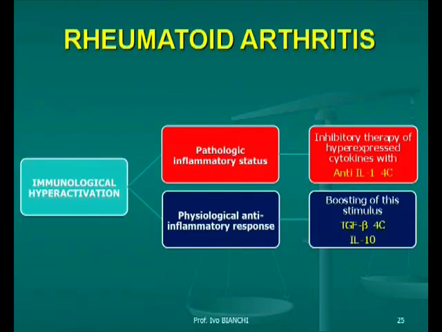Or we must establish whether the anti-inflammatory response that would be physiological on the part of the body is insufficient, in which case we have to stimulate the TGF-beta and interleukin 10 that have an anti-inflammatory capacity, but that in this case is not sufficient. But we must understand which of the two strategies we need to use in our patients, very often of female gender.